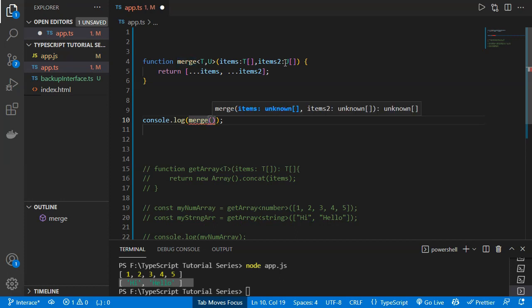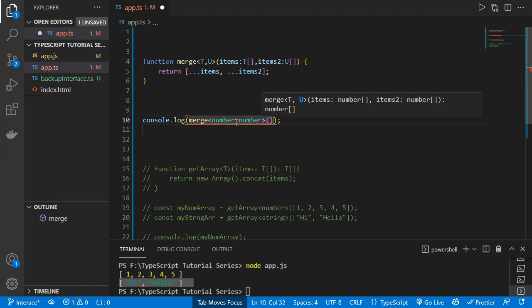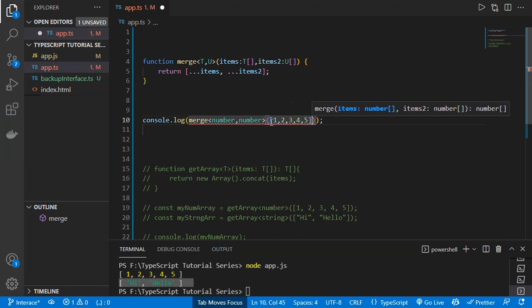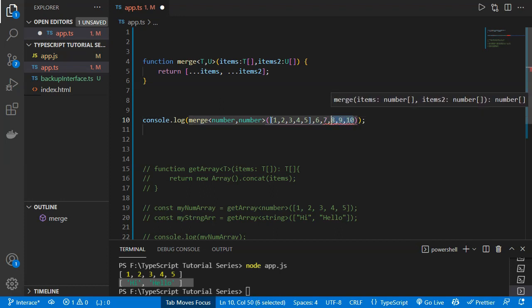So then you will see if I will now go there, it is giving us unknown. But whenever I will define it as the type, first it will contain the number. So then you will see it will provide here the number. So first it will contain the number type, and then if I will provide here the number again, then you will see it will go to the number. So then we need to provide here the number and the number only. So if I will define here number types as this, like 1 2 3 4 5, and then the another array like 6 7 8 9 10. So this will be in the array also.